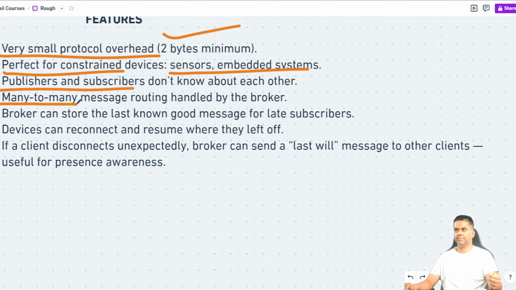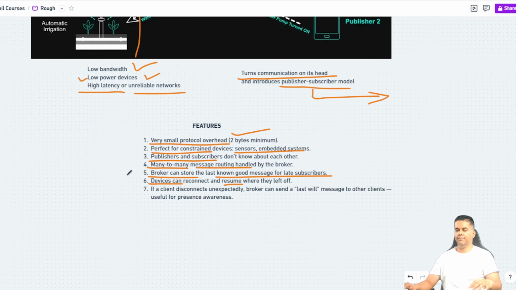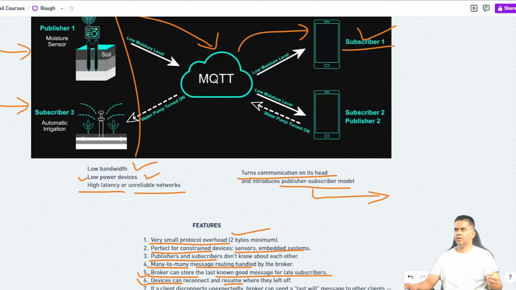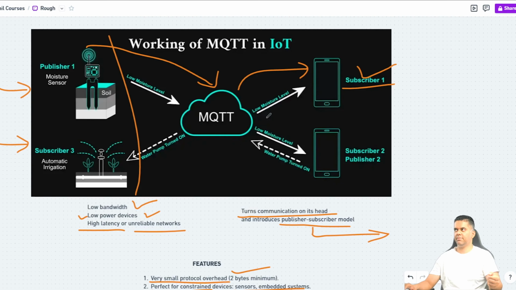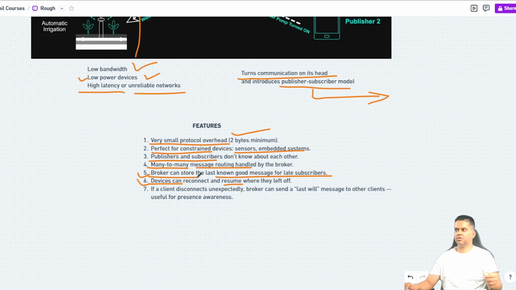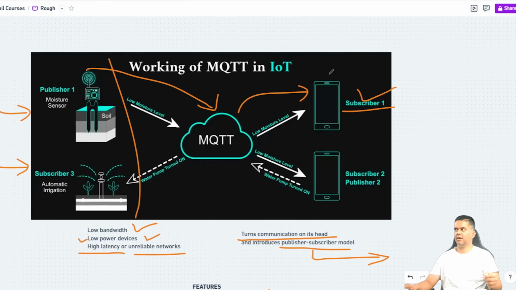MQTT also offers many-to-many message routing handled by the broker. The broker can store the last known good message for late subscribers, and devices can reconnect and resume. So there is a broker that brokers the messages between the publisher and subscriber, and it's able to store the last known message for late subscription.